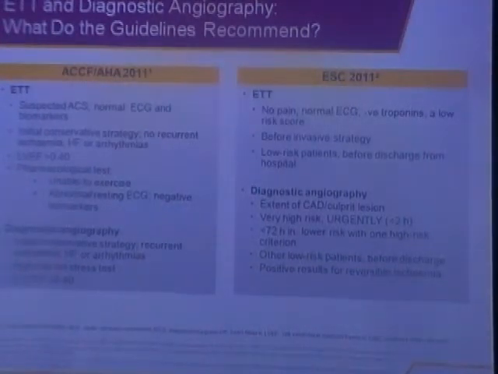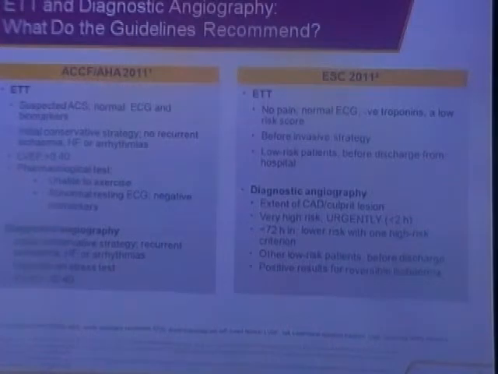If it is a single or a double vessel disease, you can do a culprit vessel angioplasty and tackle the other lesion later. If it is a triple vessel or a left main lesion, then you may send them after stabilizing for a bypass surgery. Depending on the coronary anatomy, you can do that. So these are some of the recommendations which are given, broad guidelines on how you should do.